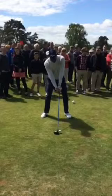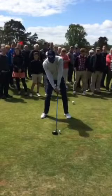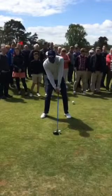So I'm just going to have a look at his swing and a couple of things he does that helps create that club head speed and that power to get that distance on his shots. So the first thing with his setup, he's got a nice athletic setup. Something I really like is his width of stance. So he's got a nice wide stance, which for me, especially with a driver, is a key to create a really solid foundation,